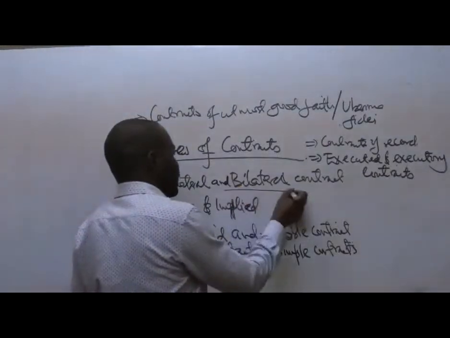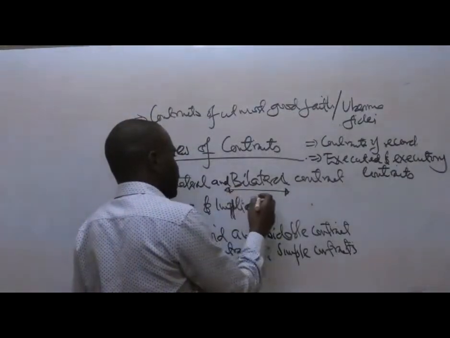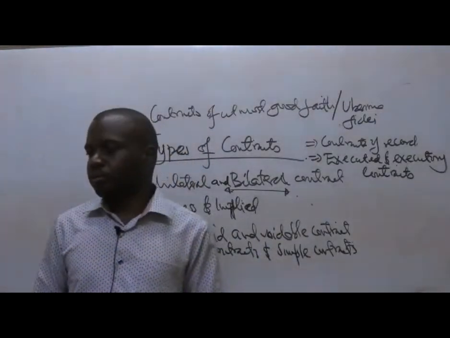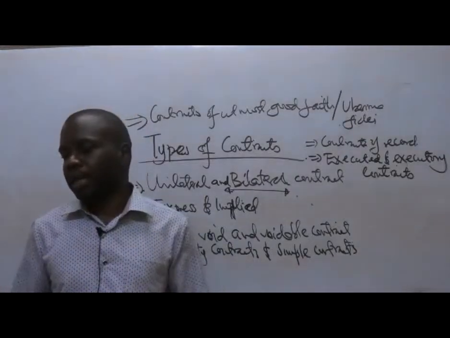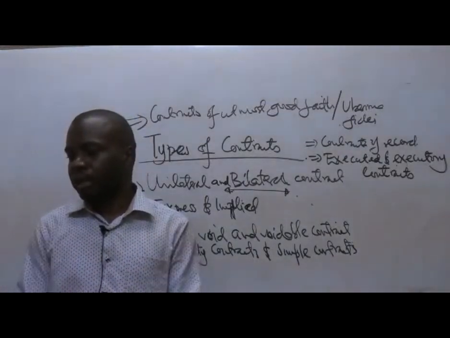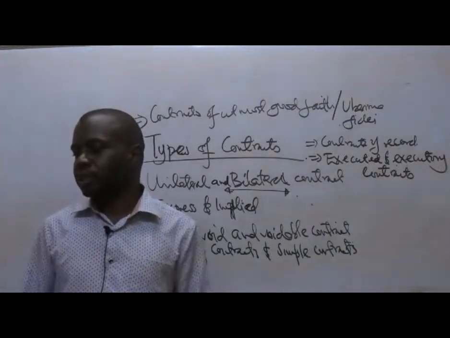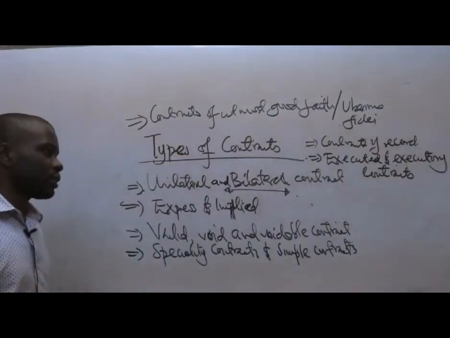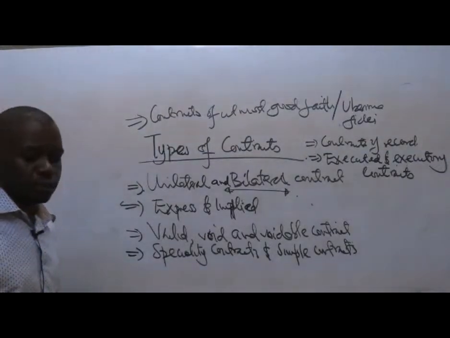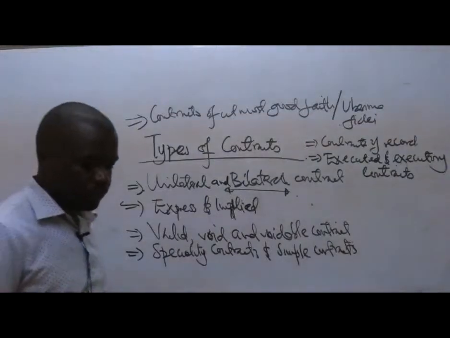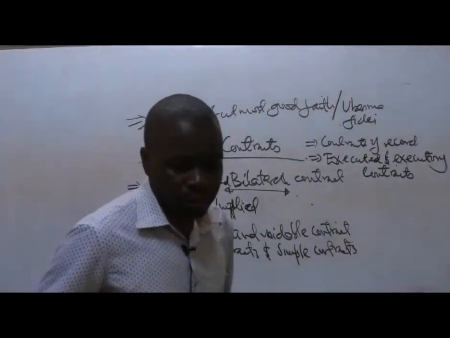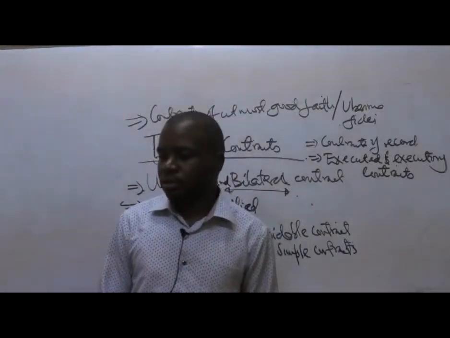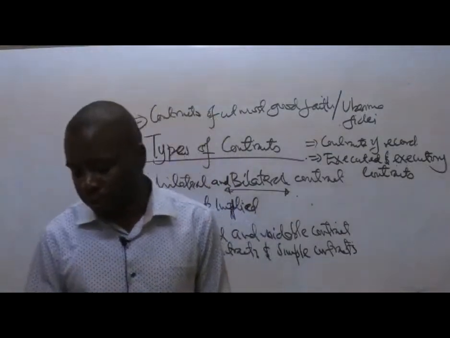When we talk about a bilateral contract, then two parties are bound, the one making the offer and the one accepting, and both of them will be held responsible or become liable. So a bilateral contract is one in which both parties are bound. Me as the teacher and you as the student, both of us are bound to fulfill a certain obligation. No one is exempted from obligations under the contract. But a unilateral contract is where only one person is bound.